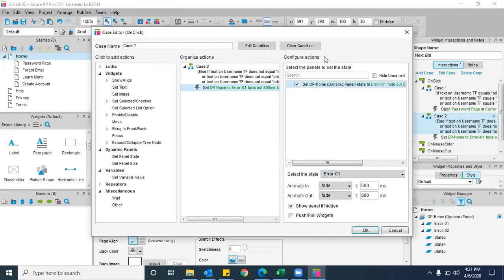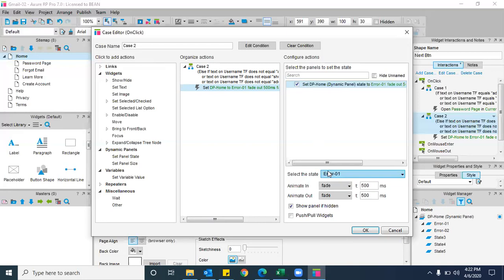See on the top of it, this tab we call it as configure actions. From configure actions, select the error state from select the state, the error state which you want to display.